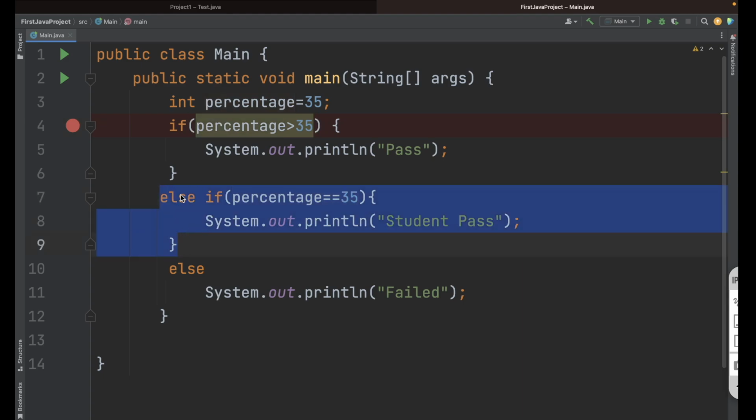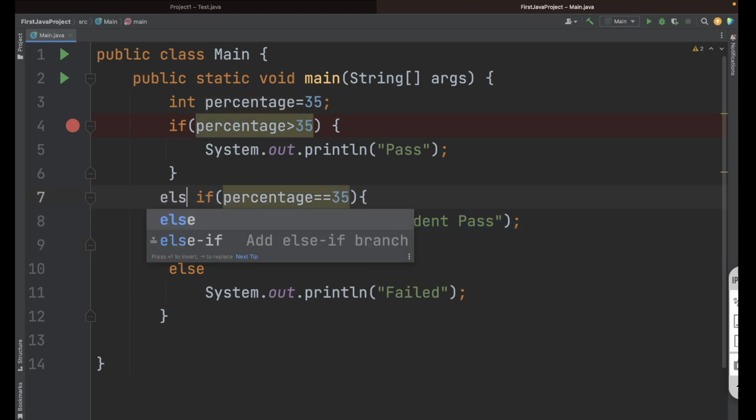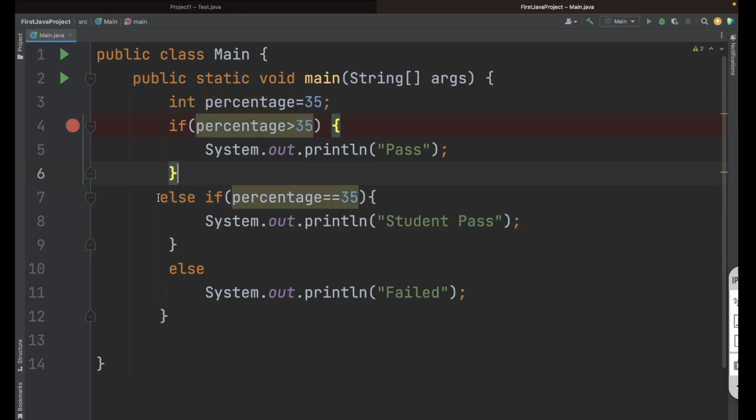But the same thing if you write using if, then whether this condition is satisfied or not, Java will still execute line number 7. So that's the difference between only if and else if. Else if will execute only if your main if condition is not satisfied.